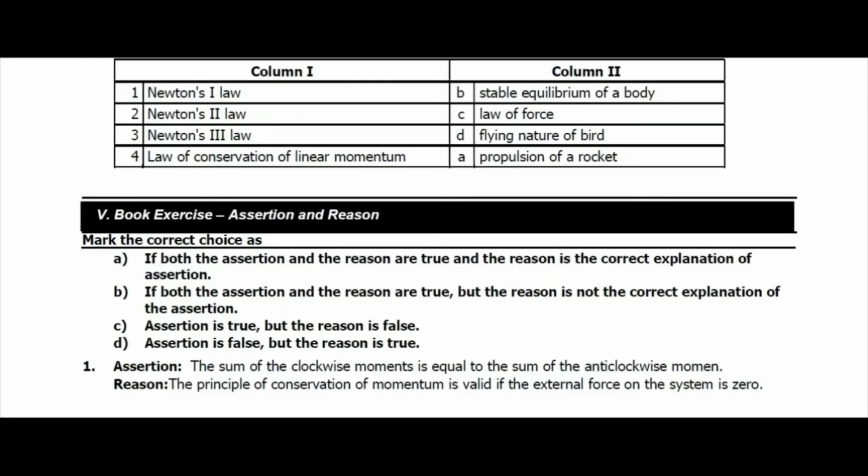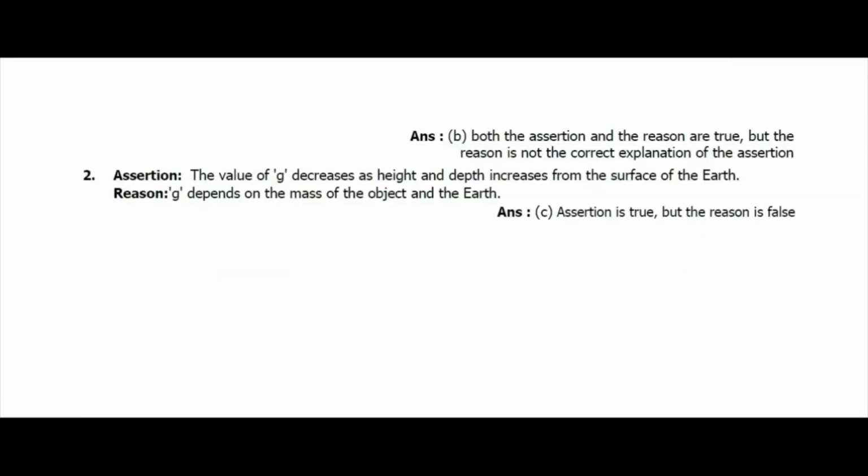Next, we'll see assertion and reasoning. First one, assertion: the sum of the clockwise moments is equal to the sum of anticlockwise moments. Reason: the principle of conservation of momentum is valid if the external force on the system is zero. And the answer is B. Both the assertion and the reason are true, but the reason is not the correct explanation of the